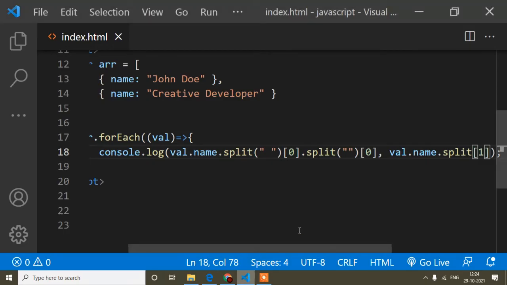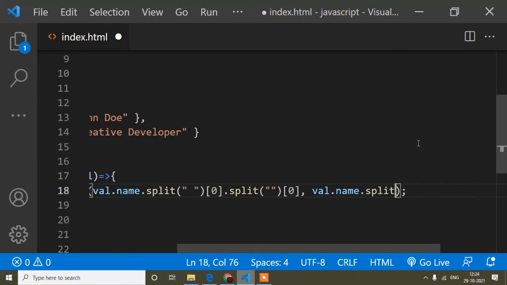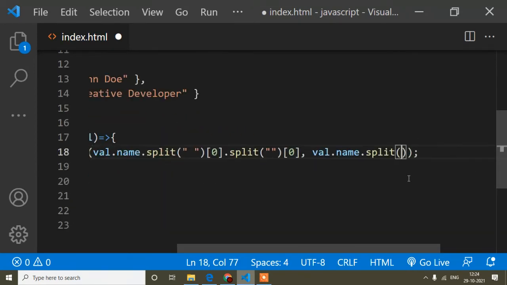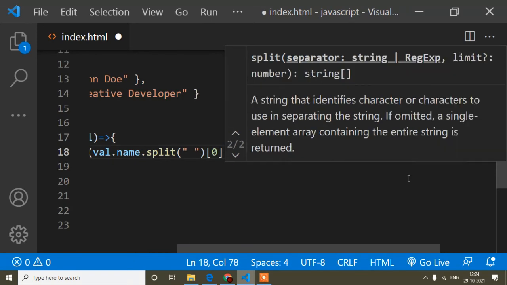Okay, I'm getting undefined. Sorry, here I have written split 1 actually by mistake. Here I have to be not split 1, I have to write like this. Okay,